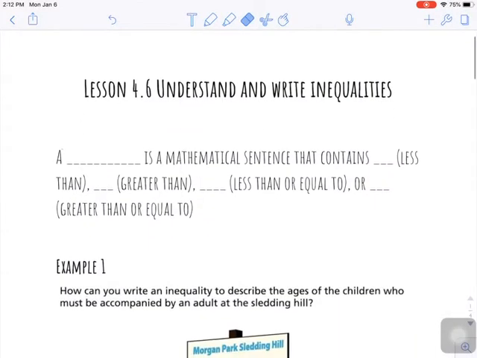So today we're going to be jumping into lesson 4.6, and we're going to be talking about inequalities, what they are, and how we can write inequalities. So first, let's start out with what an inequality is. So an inequality